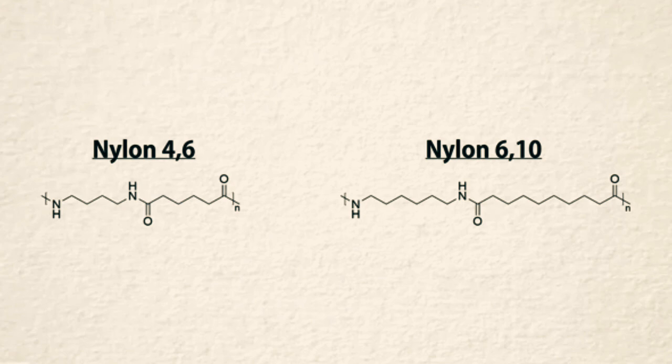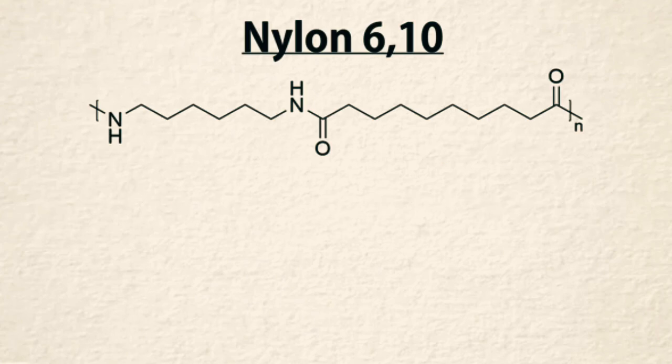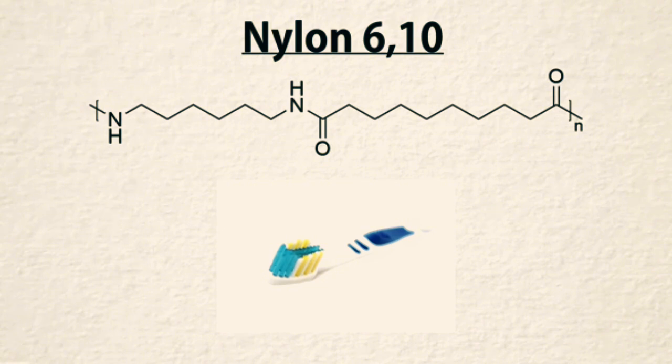The different lengths of the building blocks give the final polymer different properties, which makes them useful for different things. For example, nylon 610 is better at retaining its properties when wet, so it's the nylon of choice to make things like toothbrush bristles. Anyway,